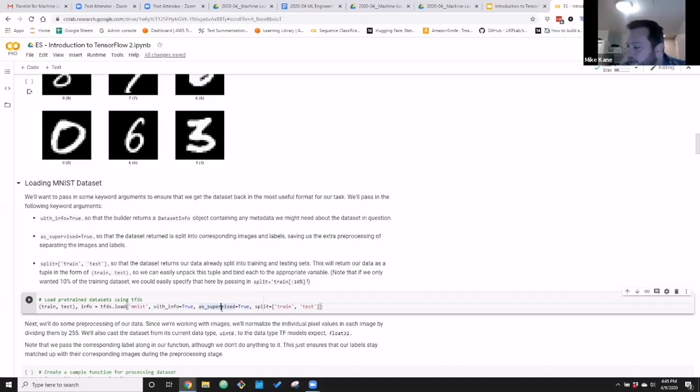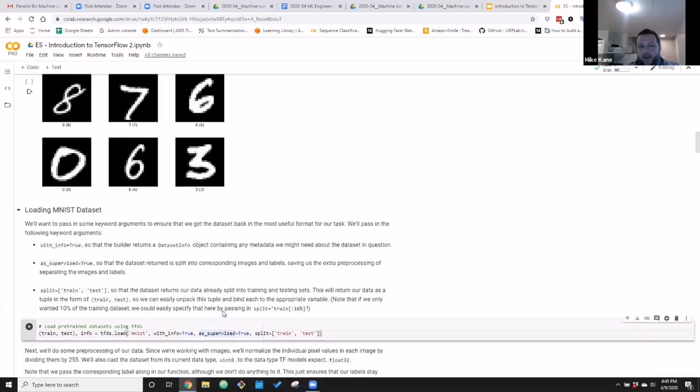But what this is basically saying when we say as_supervised is that this is going to save us a lot of trouble, because we typically want our labels and our data to be separate, but we want them in the exact same order, so that the label for the first image and the first image are the same thing. Because this way we can check our work, right? At the end of the day, that's how neural networks get better: by essentially guessing and checking their work, and they can work from that when they figure out which ones they got wrong and which ones they got right.